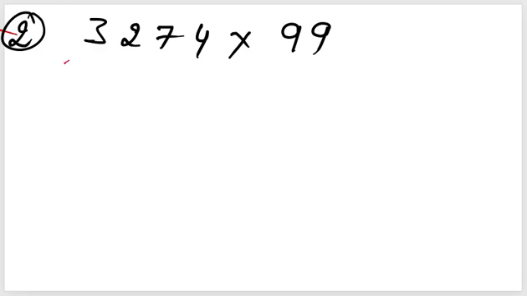So first of all I'll see here that there are two digits, so I'll consider two digits from last, this is 74, and find out the complement of 74. So this is my right part of the answer. Here I'll write down the left part of the answer and the complete will be my solution. So first, what is the complement of 74? 7 will be subtracted from 9, that will be 2 here, and this 4 will be subtracted from 10, so it is 6 here. So 26 I have gotten.